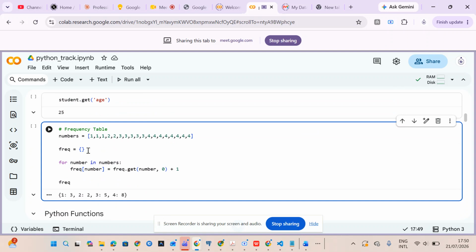The other time we used a list, but here we use a dictionary. So freq equals an empty dictionary, for number in numbers, you have that frequency of the number is equal to frequency dot get number comma 0 plus 1. So all of this is simply a for loop,